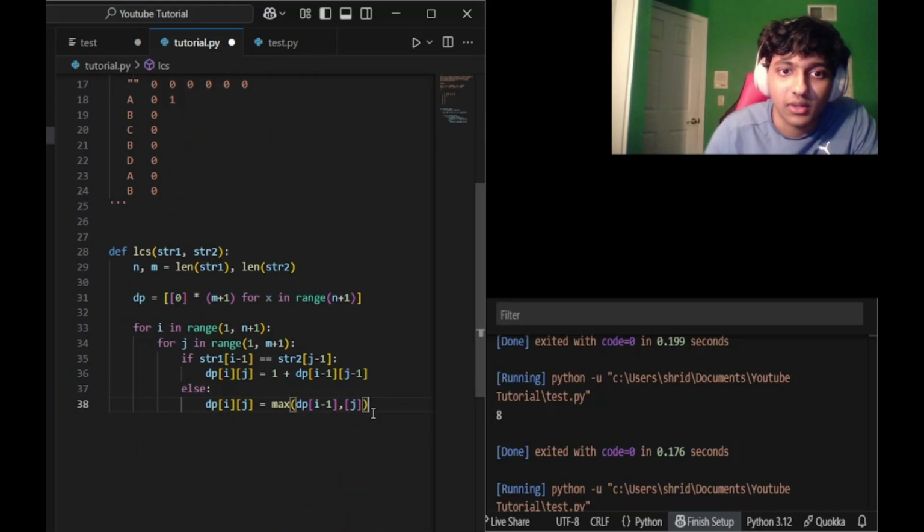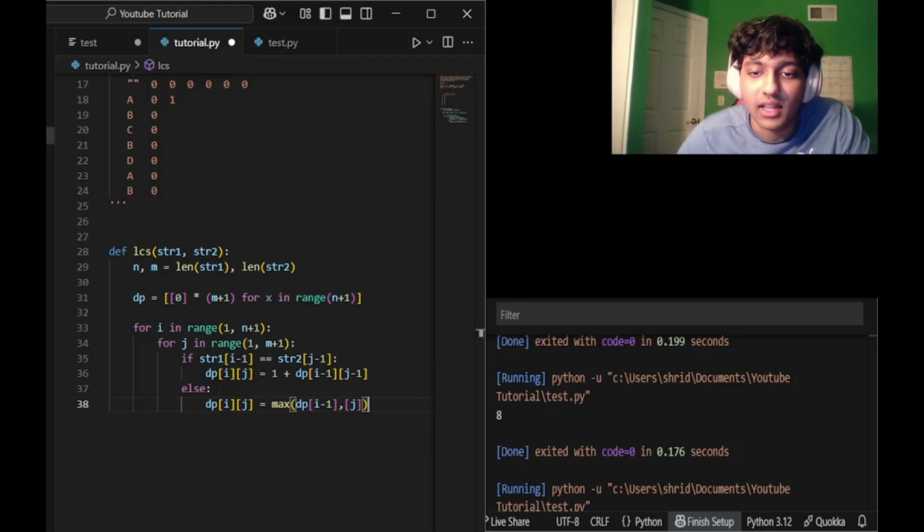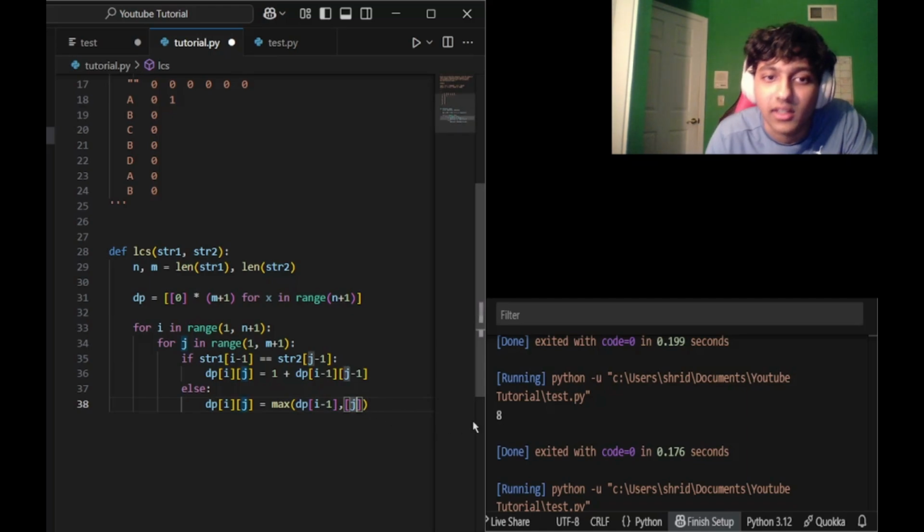The reason for doing this is a little bit hard to explain. It involves a lot of logical understanding, and we could do a step-by-step example, but for simplicity's sake,